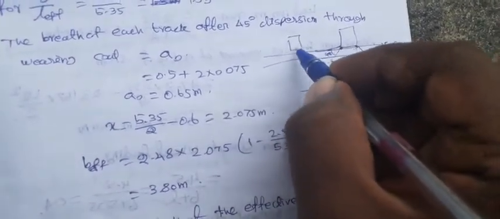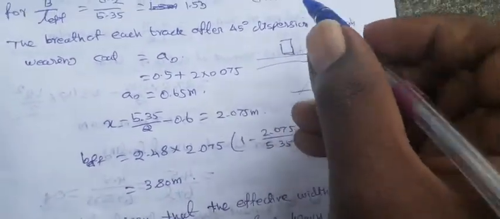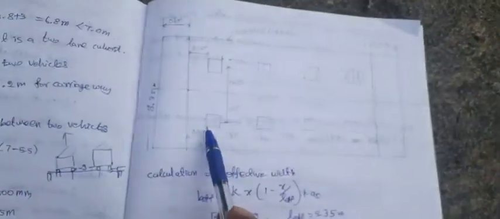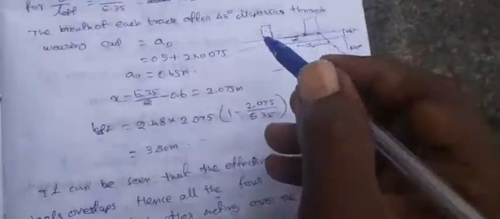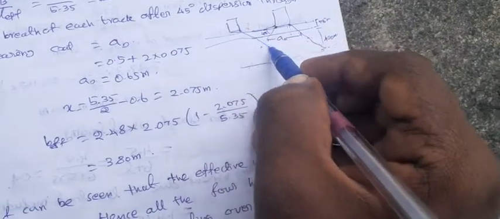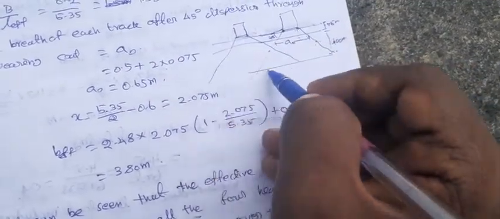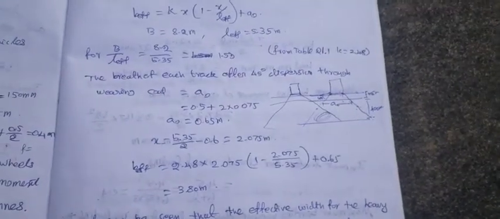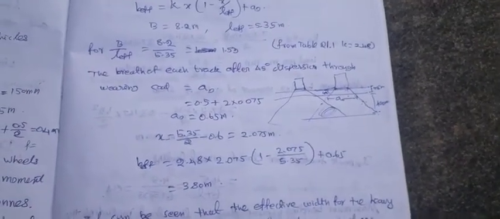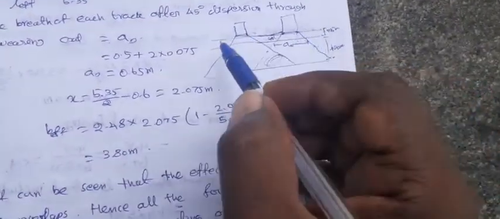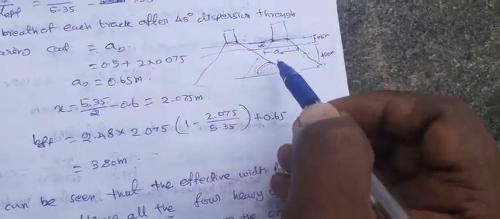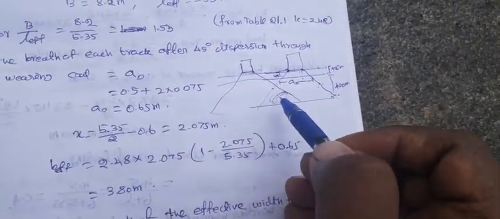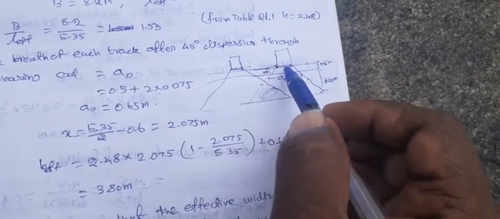So here I am placing another wheel load. This is the adjacent wheel, here one wheel and here another adjacent wheel like this. If I consider this wheel also having an overlap, this portion contains 2 times the load. So compared to any other points, this portion will have the maximum stress value. That means these two loads overlap.